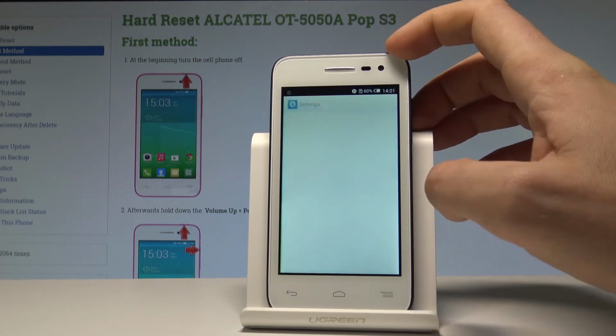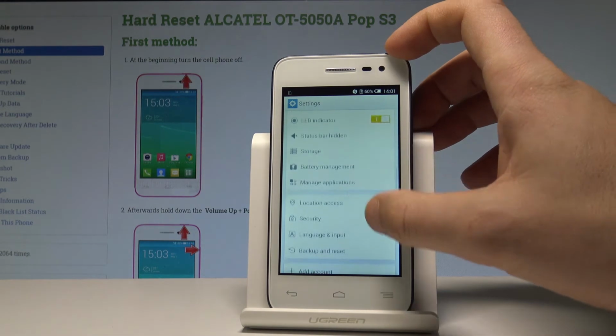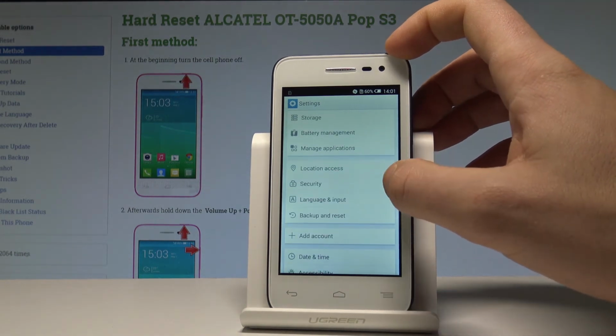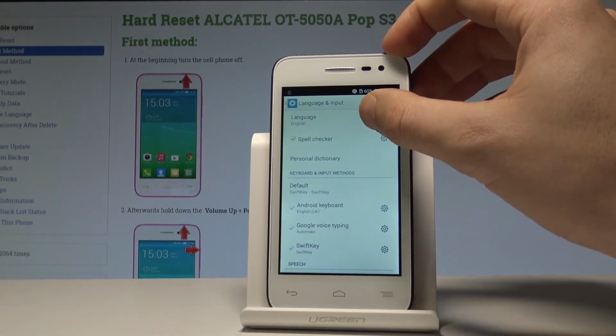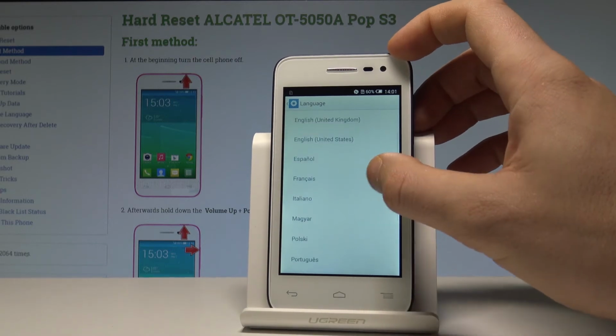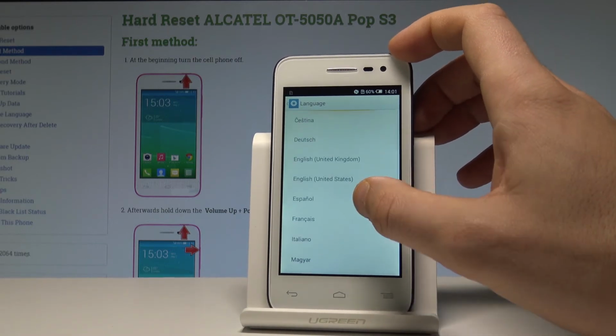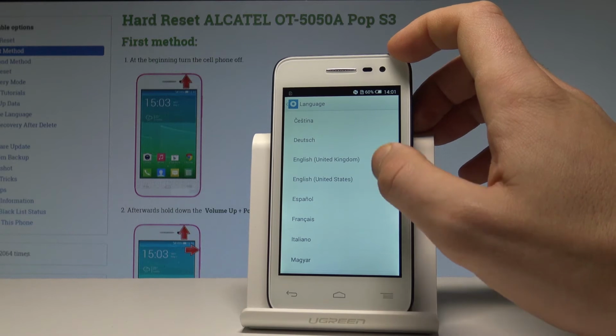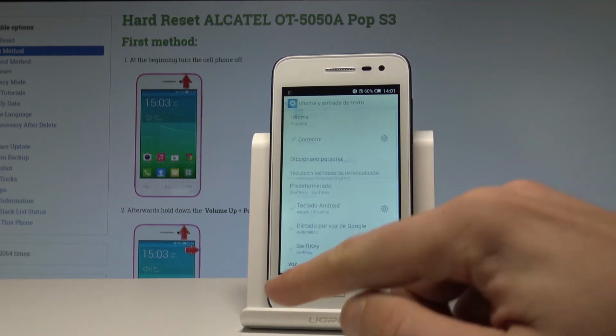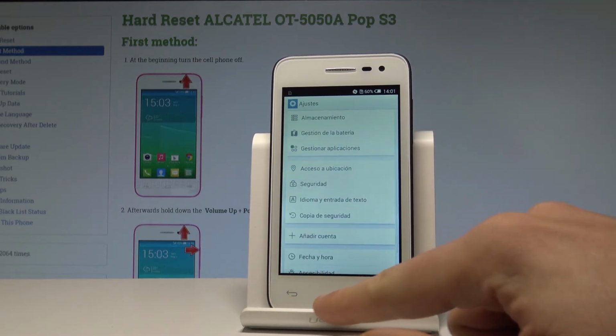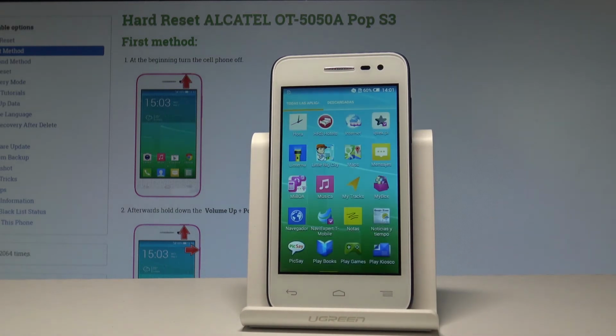right here. Scroll down and select language and input. Choose language from the top of the screen. And here you need to use one of the following languages. So in my case, let me just switch my language from English to Spanish. Let's tap on Espanol. And right now, as you can see, the whole list of settings and also applications goes